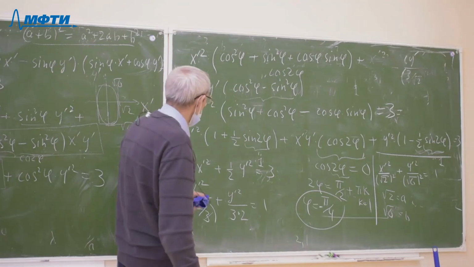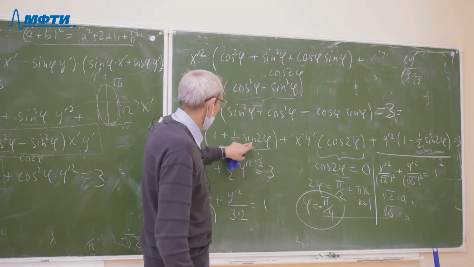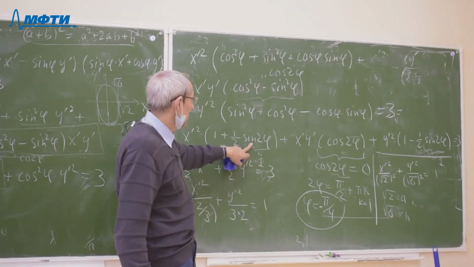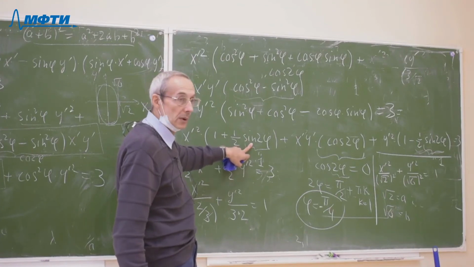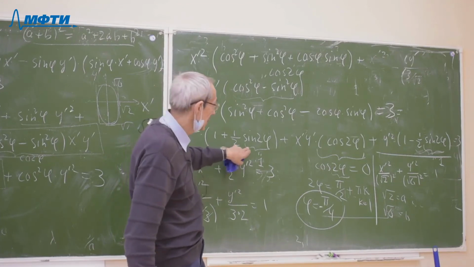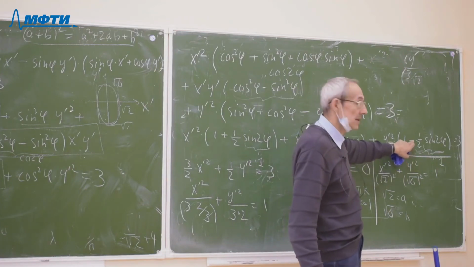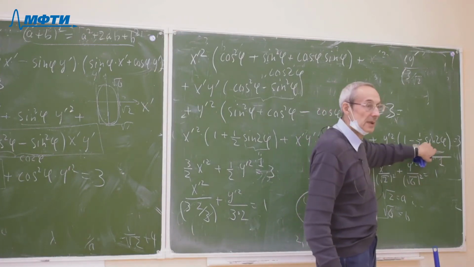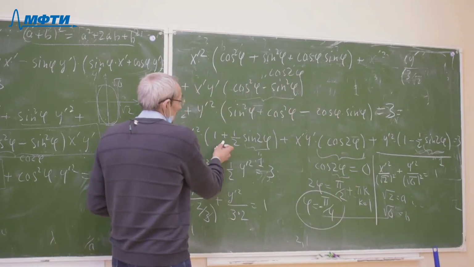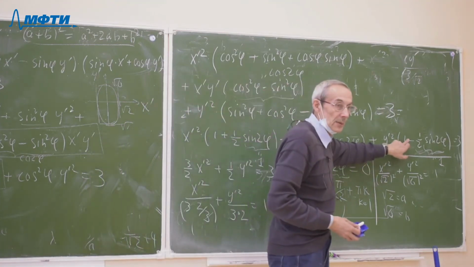In this case, the sine of pi/2 with sign minus is equal minus 1, and in this case appears sine plus. We change this sign and this sign, and